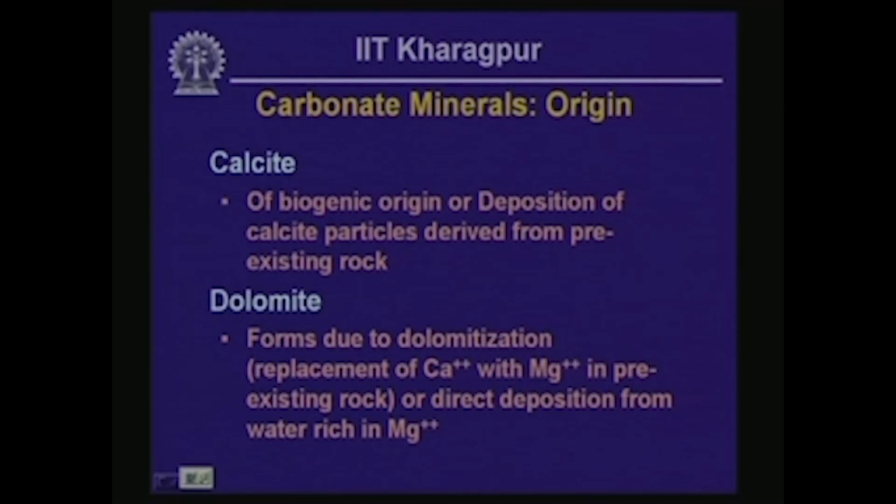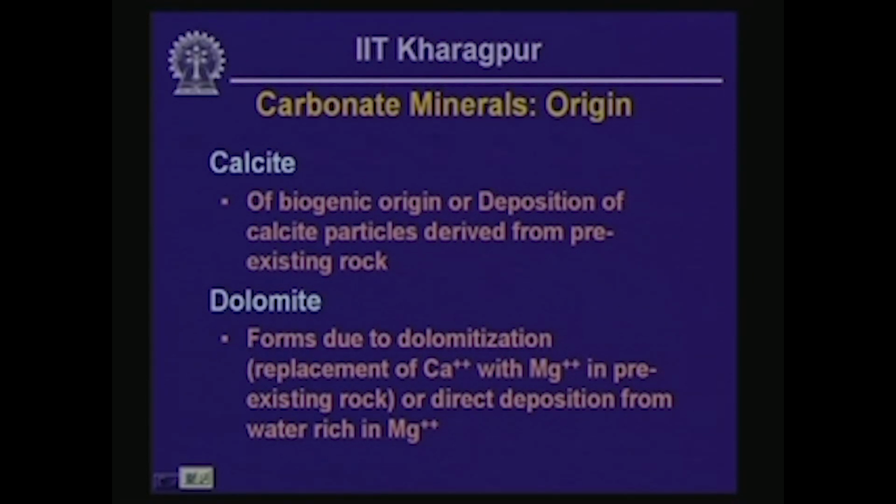Dolomites form from a process known as dolomitization, basically by replacement of calcium ion with magnesium ion of the pre-existing rock,